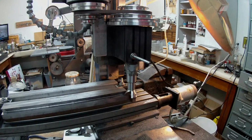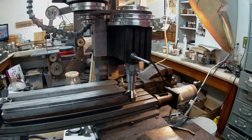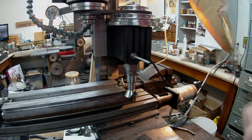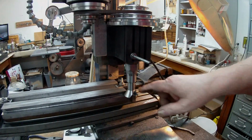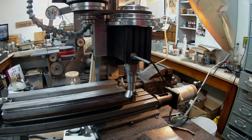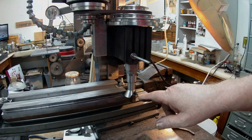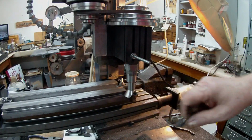Okay, as you can see, hopefully, I'm back at machining, and as you can see there, I hope, is the cutter, and I'm using a C2 insert for cast iron, and this material is so damned hard that